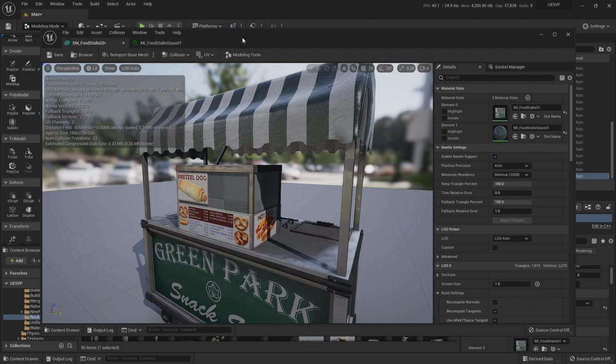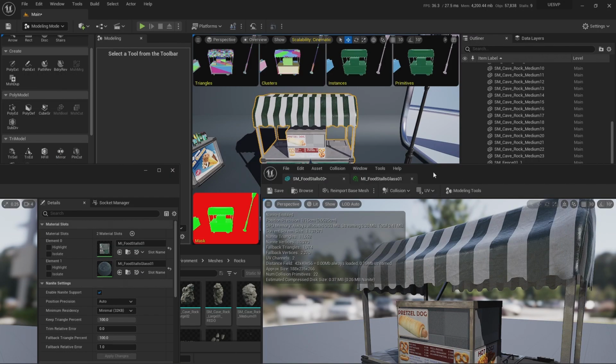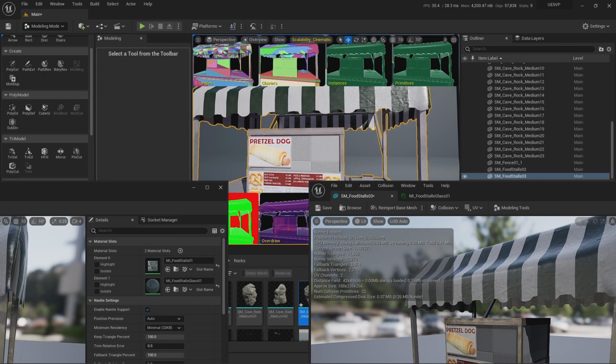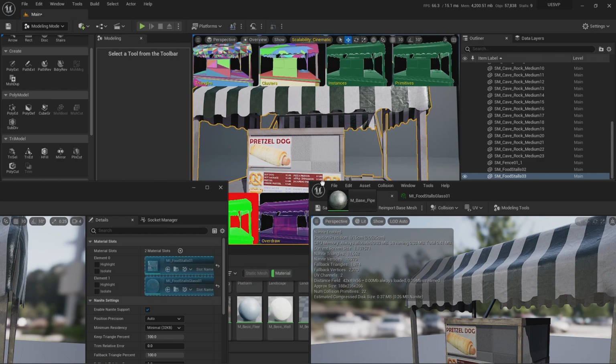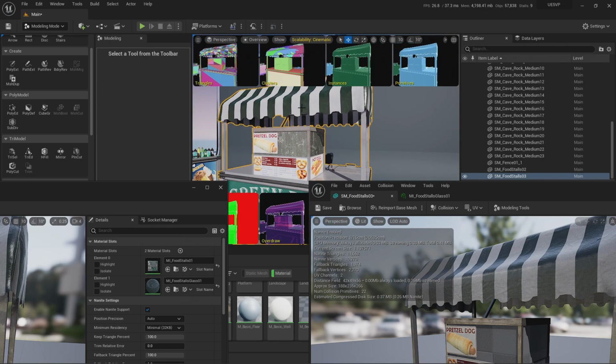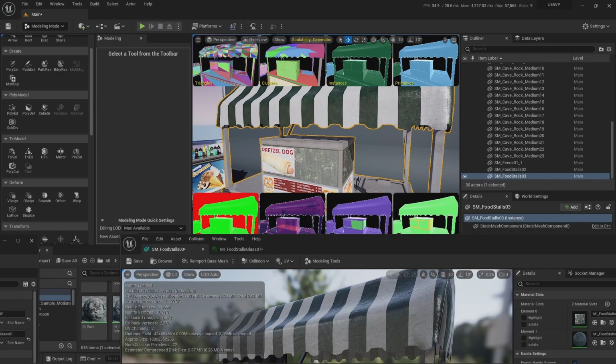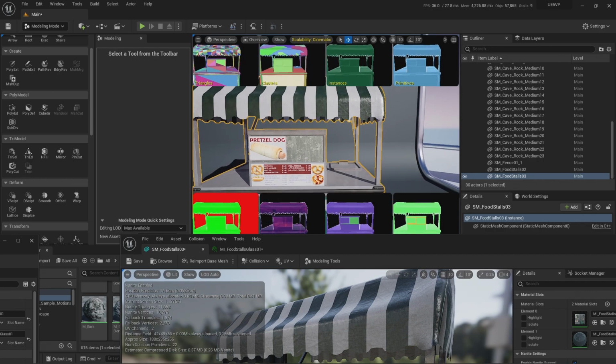If at any point you assigned another shader that is not opaque on this part, this is going to be solved. So let's go to content and look for materials, and I should have an appropriate material here. Maybe this one should work. And as you see, bam, now we have everything working as a Nanite, right? And you're not going to have that rendering error. So this might be a way to fix it.